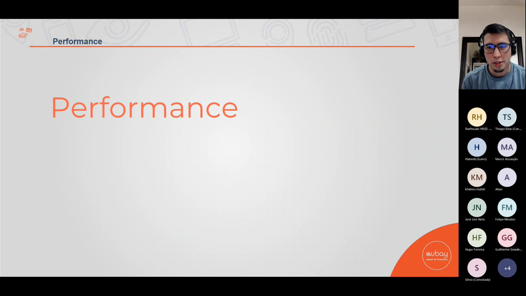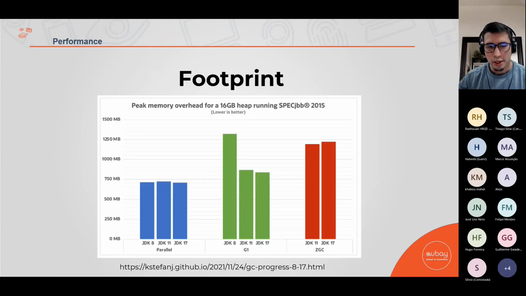Do you know what is the garbage collector in your project? Which garbage collector are you using? The parallel, the G1, the ZGC, or another one like serial? I will talk now about some of them and the difference between them. But if you can answer on the chat which one you are using, I'll be glad. Also, if you don't know and you want to put I don't know, I will also be glad.